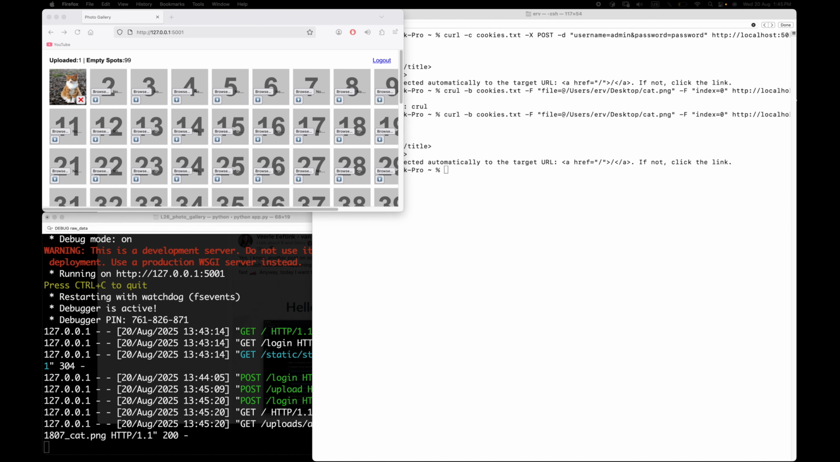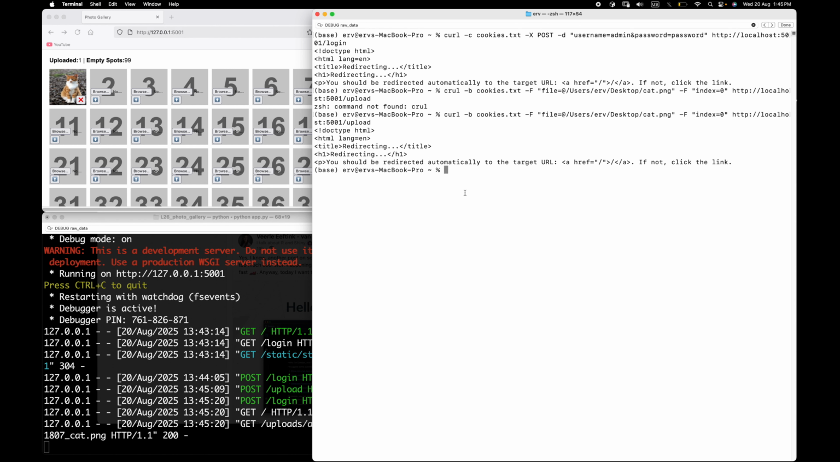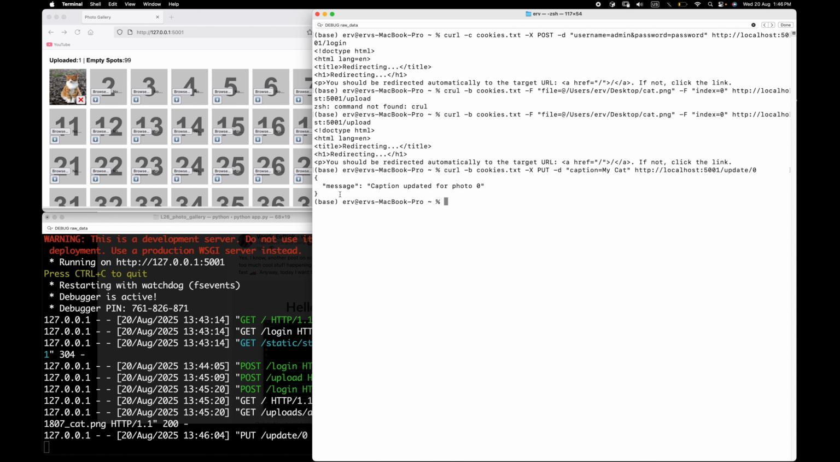Now, as you can see, there is no caption underneath the image. We are going to add that now. So what we'll do is curl -b cookies.txt -X POST -d, and here we specify caption is equal to my cat, and specify the URL http://localhost:5001/update, index is 0, and when we run this we get a message that